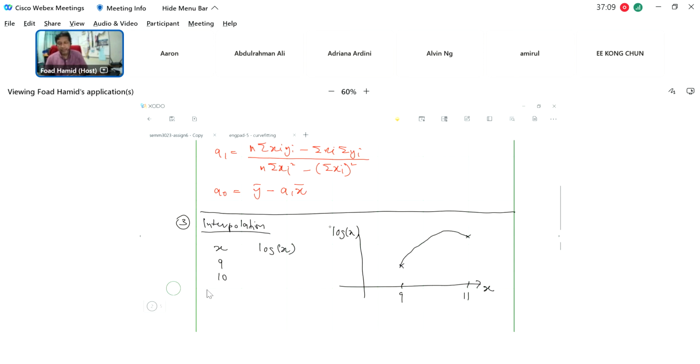We know that 10 is here. This is the actual line. But when you use linear interpolation, you can see that